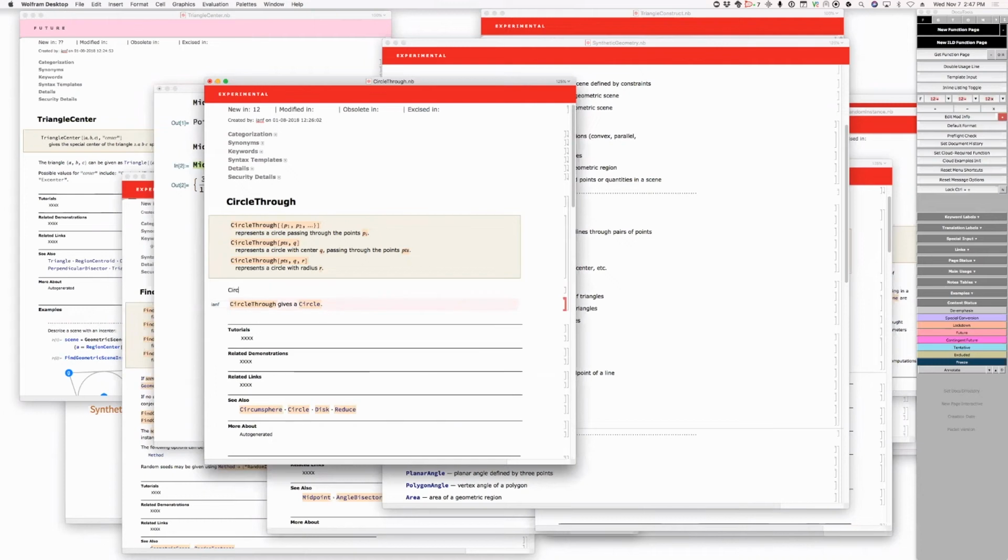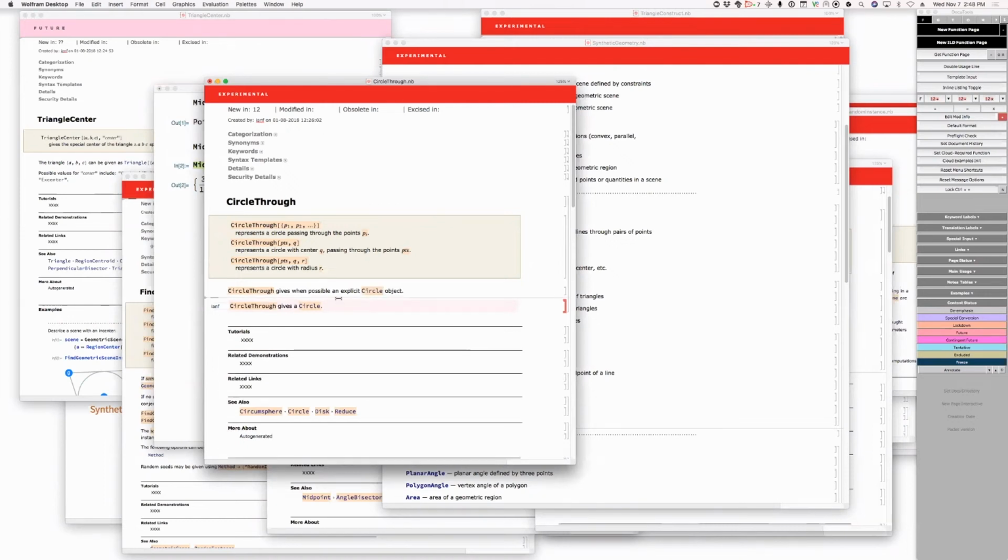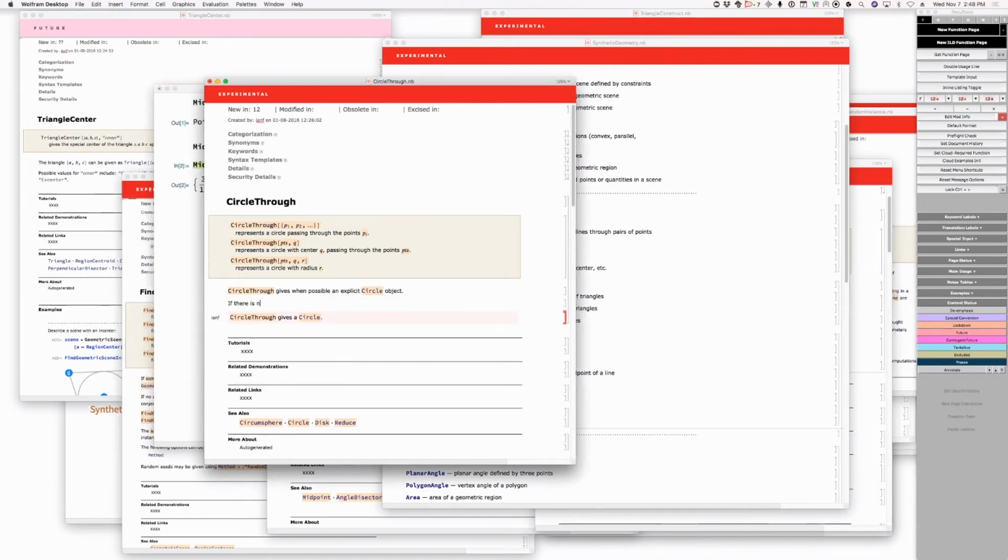So circle through gives, when possible, an explicit circle object. If there is no way to satisfy the constraints defined by a particular circle through,